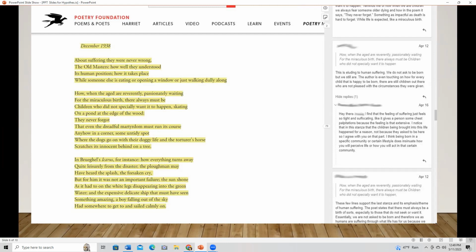I'm reading these comments that I see here, and they're amazing. These are incredible comments. In a face-to-face discussion I can go around and say, hey, Todd, what do you think? And what's Todd going to say? Well, starting with "on a pond at the edge of the wood" and ending at "never forget," I think the pond is... it doesn't work that way. So this, to me, is one of the great things about social annotation, that it enables a new kind of discussion and critical thinking, or a new way to approach critical thinking.